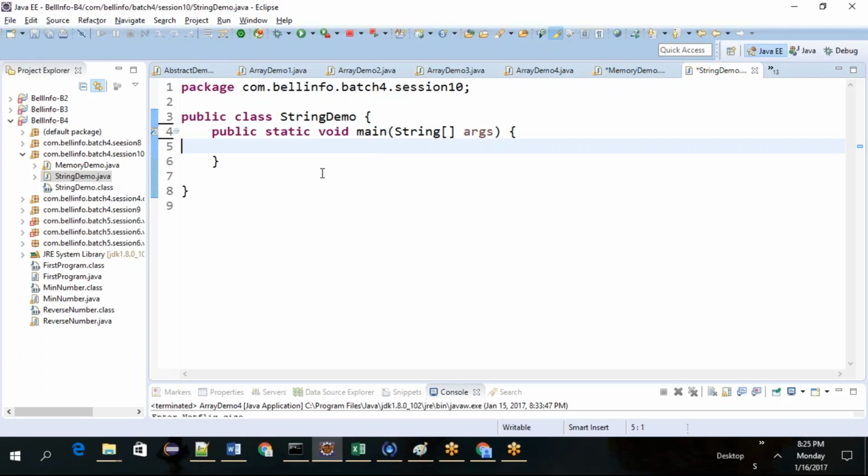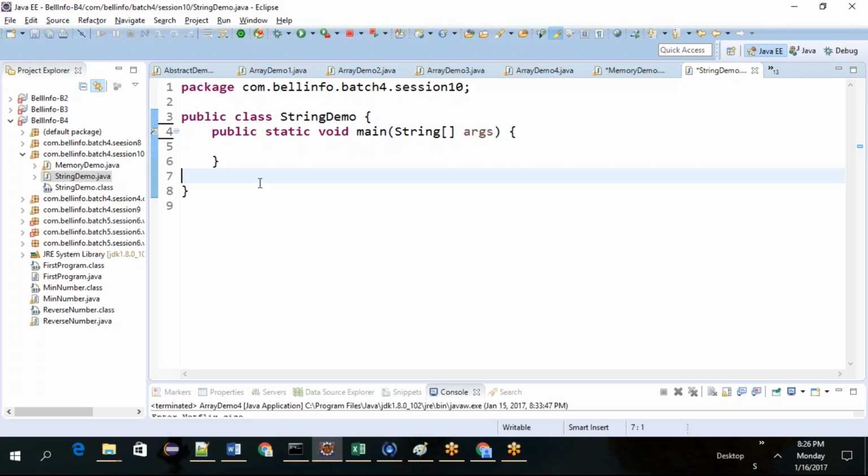So in strings, what is a string? A string is a class in Java which can hold whatever strings we want.